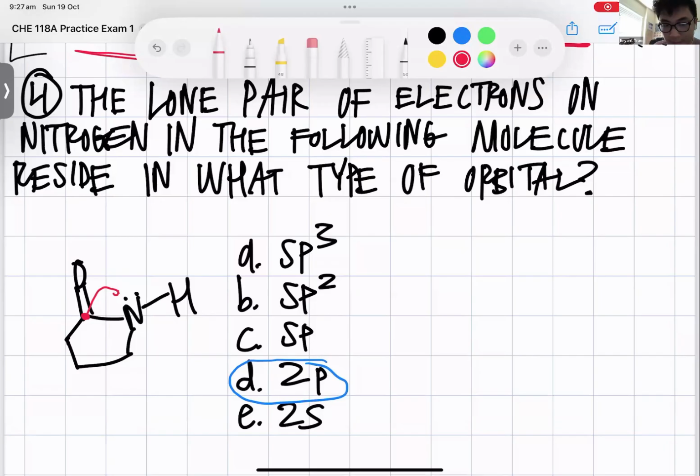So here's the thing I wanted to trick you guys with. Imagine that carbonyl was not there, that carbon double bond oxygen was not there. What would be the hybridization of the nitrogen: sp, sp2, or sp3? Look at the nitrogen atom, not the pair of electrons. If the carbonyl bond was not there, you could scribble that out. Then think about what the hybridization of the nitrogen would be: sp, sp2, or sp3?